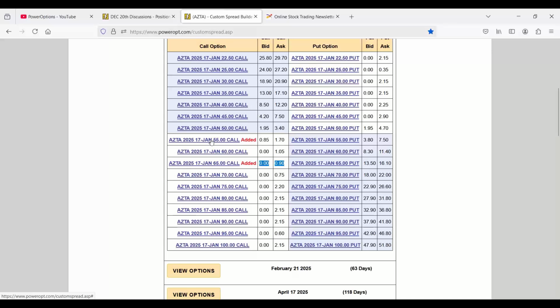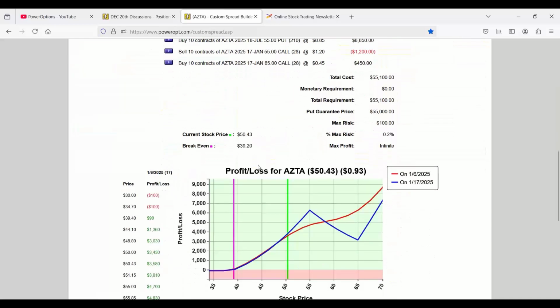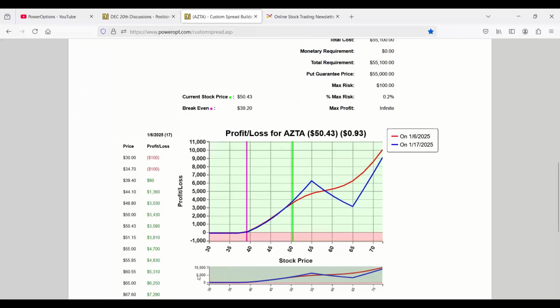What we're going to do is sell the 55 call, that we already did. And Jen, what I'm going to do is buy a higher strike call. I'm just going to use the midpoint there. It's going to give us 45 cents. Now, this removes me out of bulletproof status, but what did it do? It gives me this little nice bump in the position. So if the stock's moving up towards earnings, towards 55, and then earnings happen, it has a nice gap up to 65, 67, 68. Instead of the profit and loss chart we saw with just selling the call, where it petered out after 55,